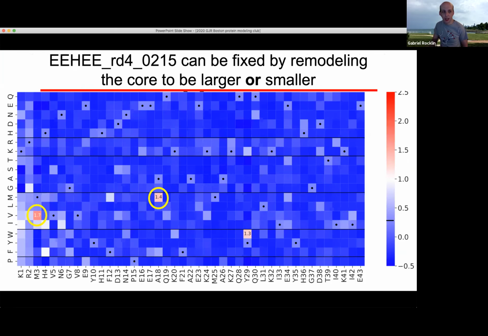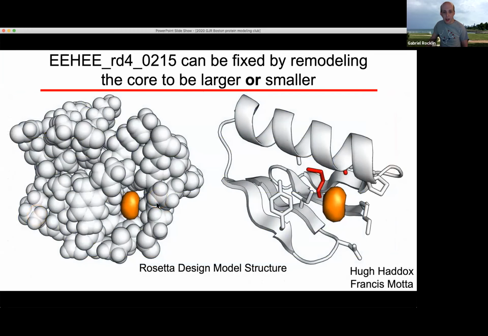So I'll show you one other example. So this is a mixed alpha beta protein, and what we found in this protein was 2 different mutants that actually do opposite things. So this is a very highly stabilizing methionine to valine mutant, so a large amino acid getting a little bit smaller, and this is a highly stabilizing alanine to methionine mutant, so small amino acid getting larger. And again, if you look at these 2 in the design structure, there's this basically cavity that both Rosetta